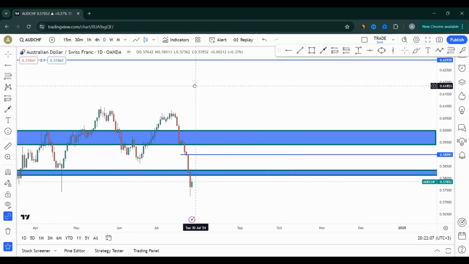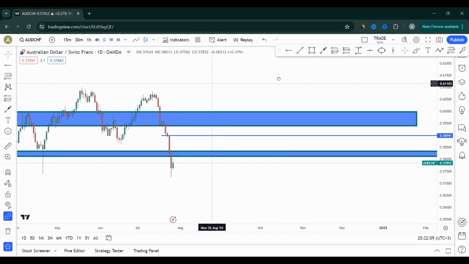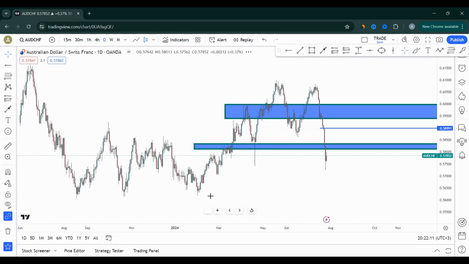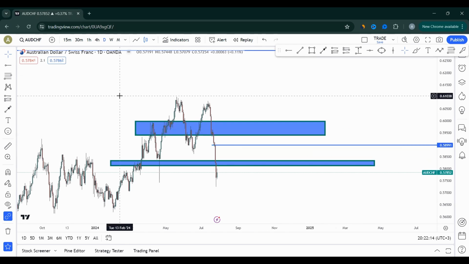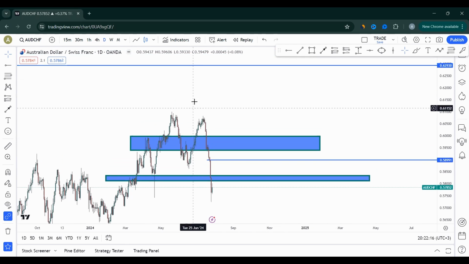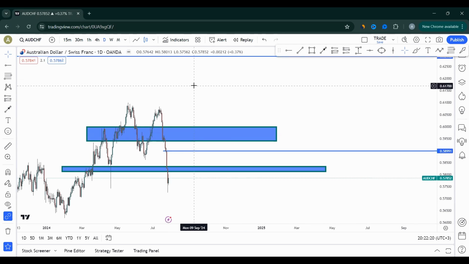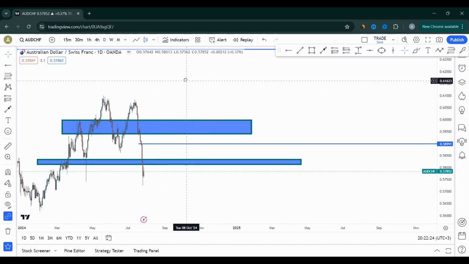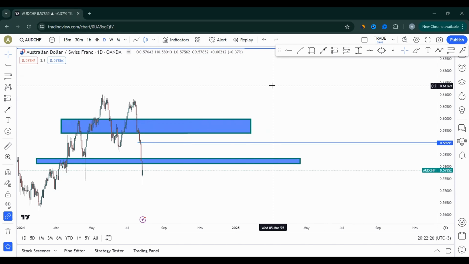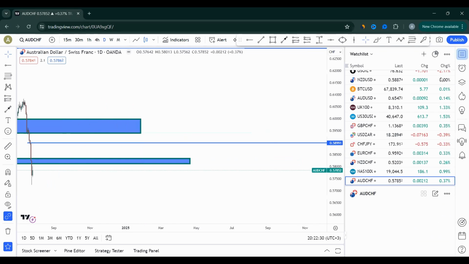So I'm not going to speak much about it, because still it's not aligning with what we are looking for, right? That's for AUDCHF. So it is just going to be on my watch list, but it's not a ready trade. The one that is ready right now that we can be watching for a change of trend or something is gold, right? Now, another one that we talked about, but this one we have taken long without talking about, is